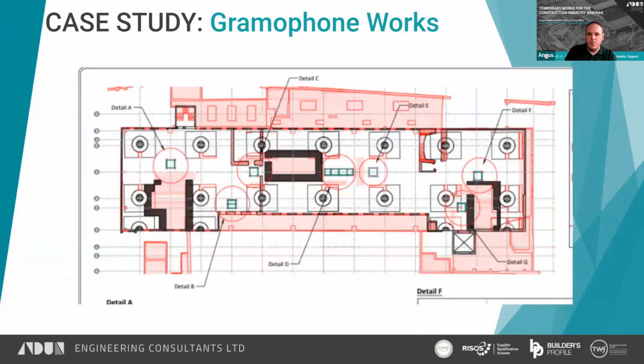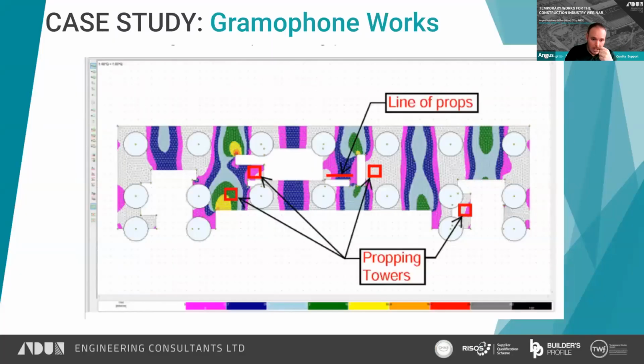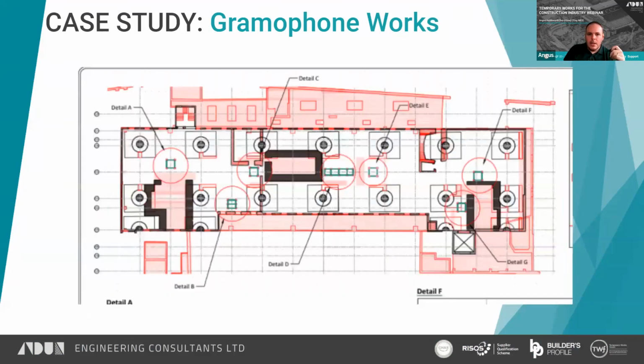There it is. Run through, put the propping in place, and then I think we even did, I haven't included it, another analysis with the propping in place just to demonstrate it. But the principle is to maintain the current load path and current design moments, or current allowable moments, allowable shears, and maintain that throughout. Otherwise, you've got to know more about the structure and you're pushing it harder, which is not necessarily a good idea. And yeah, that was all done, dusted, and it minimised the amount of propping that we needed throughout the structure,